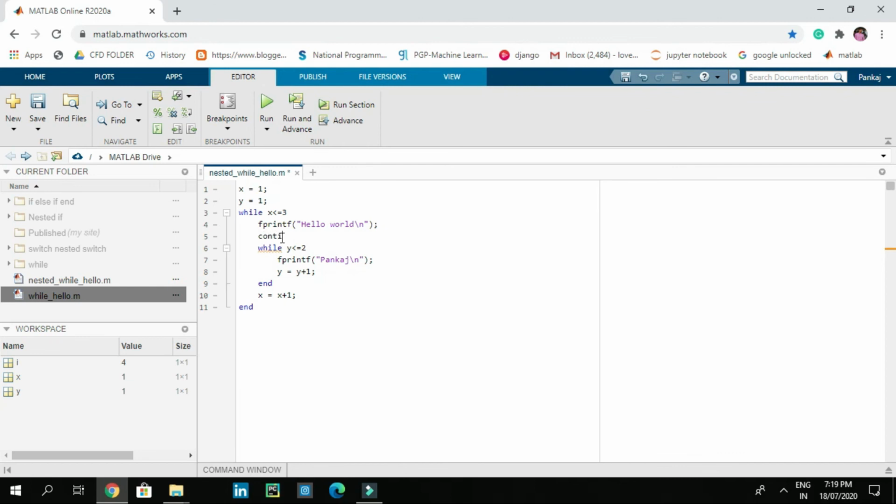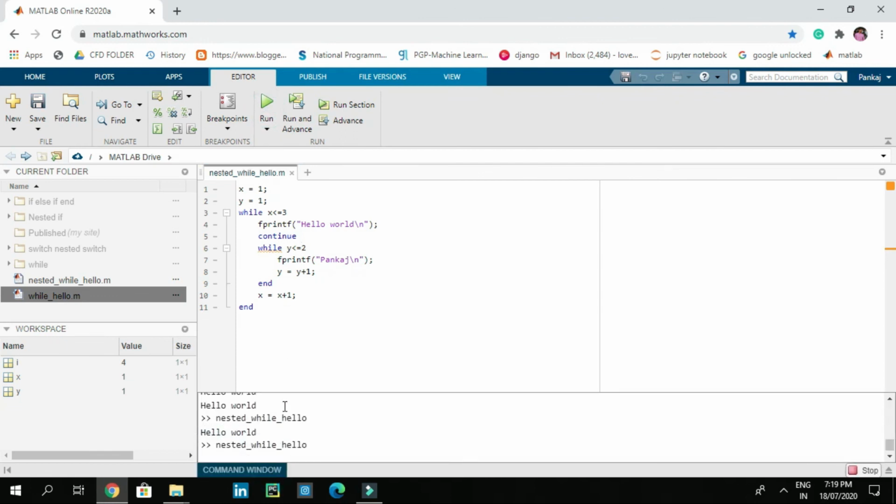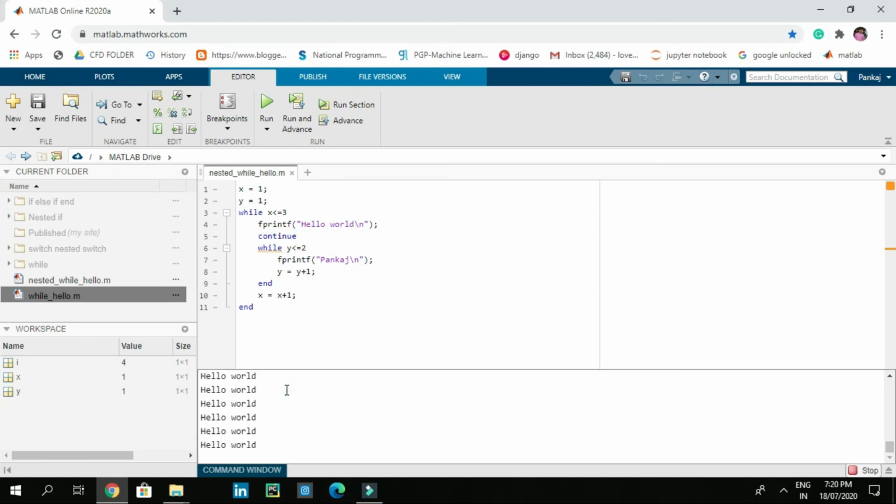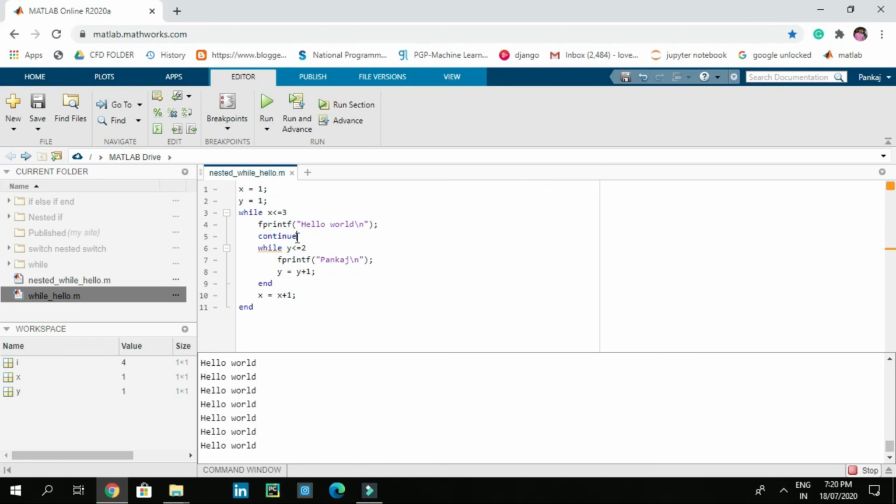Now let's use continue statement instead of break statement. So continue statement is going to continue our first iteration only, and it is not going to look at next lines of code. So it is going to print hello world only again and again. It is not going to check incrementation is going or not. It is going to continue only the code before continue statement. So like that we have continue statement and break statement and nested while statement. So I think you understand these codes.